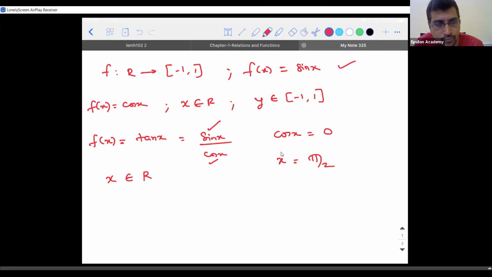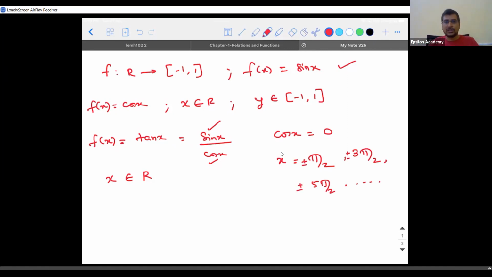Sir, 2 pi can also come now, sir. Cos 2 pi is 1. 3 pi by 2, sir. Pi by 2. Is it only 3 pi by 2 and pi by 2? 5 pi by 2, sir. Anything can generate along the positive side. It is positive. I can think of a negative value also. Cos of minus pi by 2 is also 0. Yes. Cos of minus 3 pi by 2 is also 0, plus or minus.